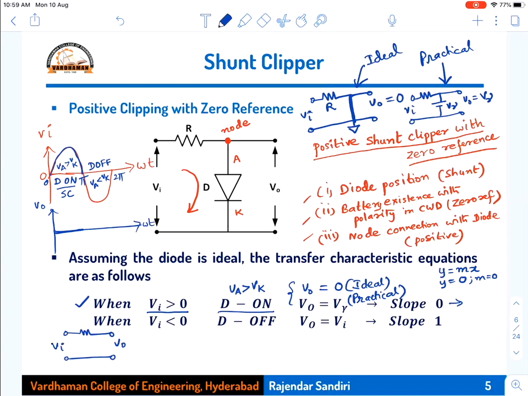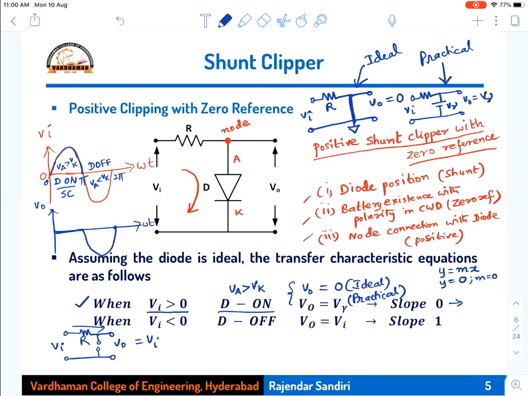So this is the waveform. Whether it is ideal case or practical case, the diode is open circuited. So it is just open, therefore the output is same as input. It is just passing through the resistor R. Output is same as input means how do you draw the output waveform graph? The input waveform in the negative cycle is a sine waveform. The output also will be a negative cycle sine waveform. Again, the same repeats for the next cycles between 2 pi to 4 pi and so on.